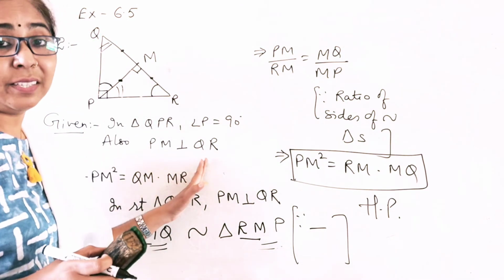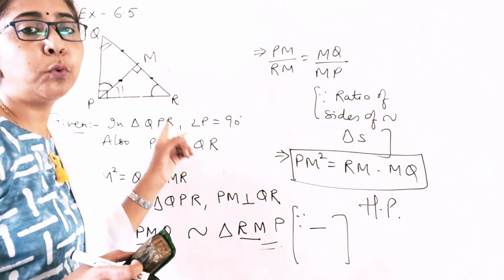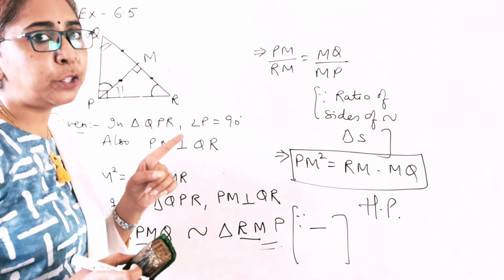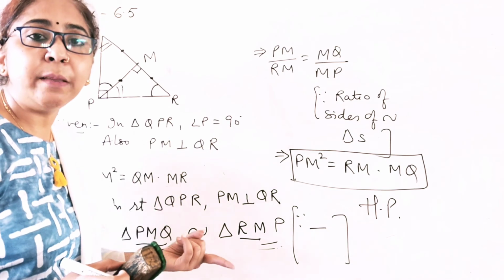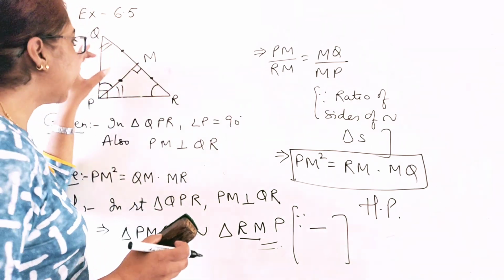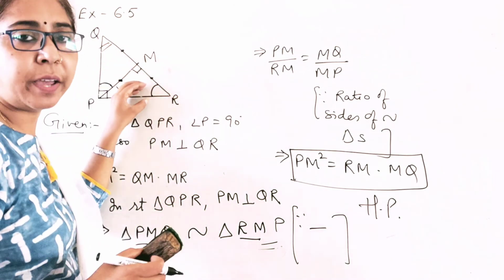It was an easy question, but you have to note down the theorem which I told you, and one more thing, how you have to write the names of the sides of the triangles, the two triangles, especially these smaller triangles.